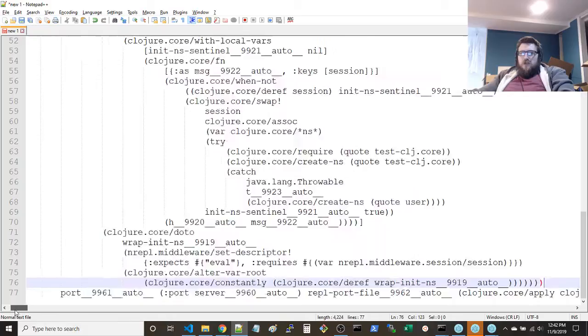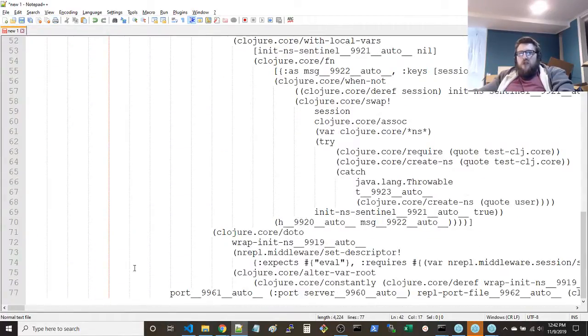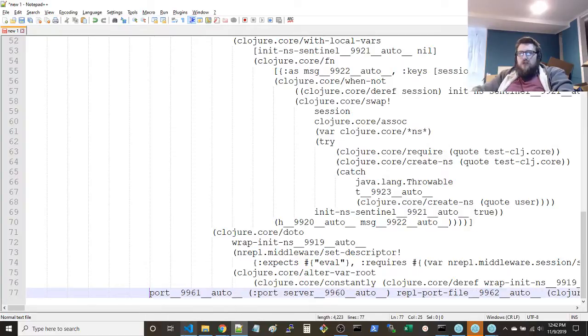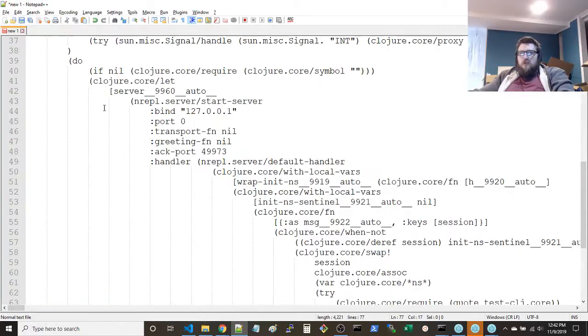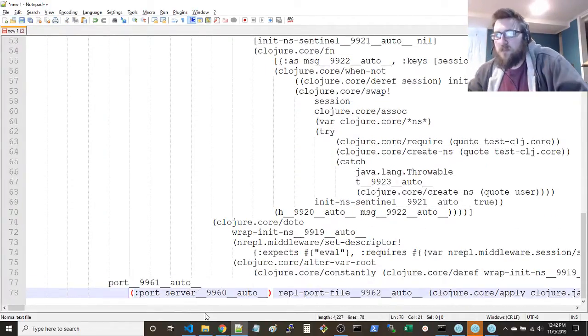Alright, hold on. What is this? It's all the way back to the top of this binding. It's like 3 spots over. Wow. So that's the port.